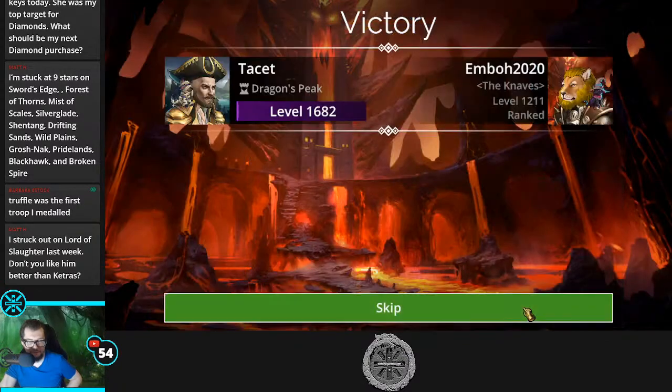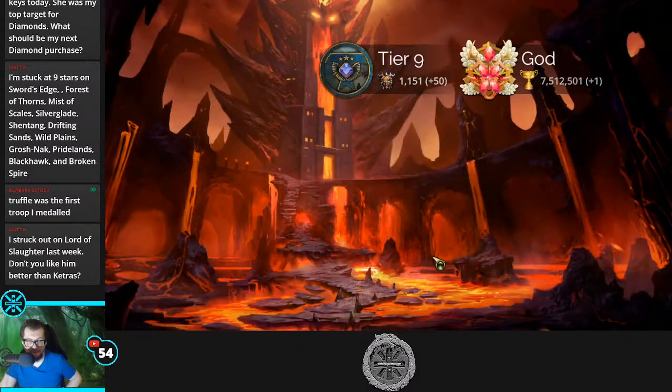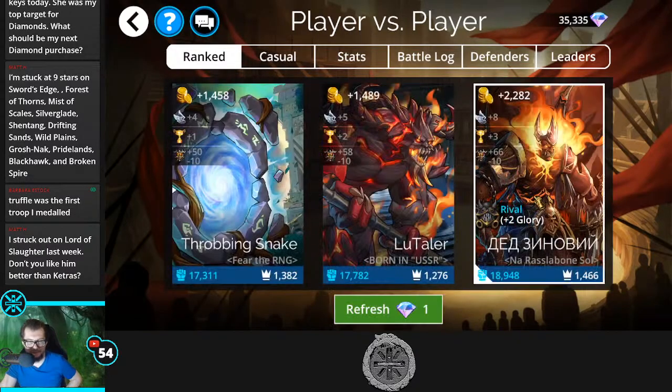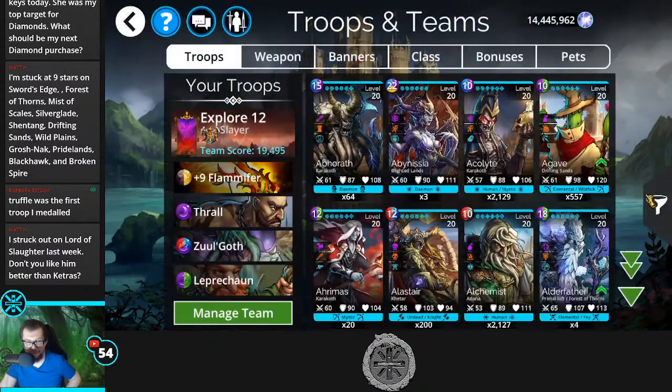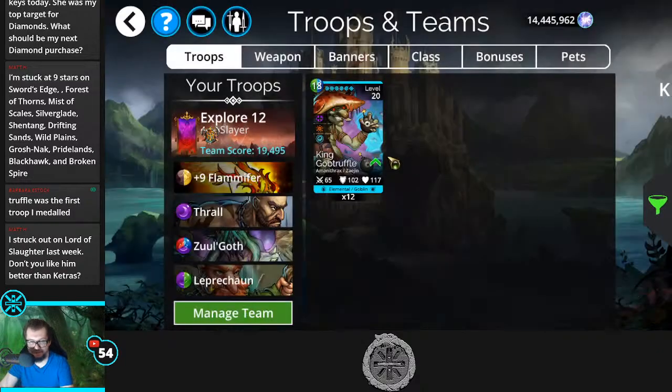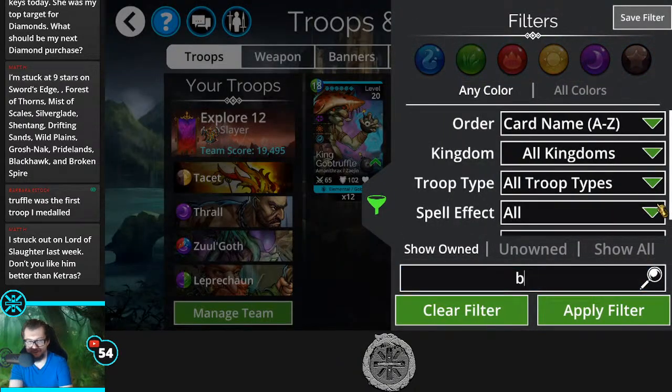Truffle was the first troop he meddled. Nice. Yeah, it's not a bad option. I just believe it gains durability, and I'm just hesitant to upgrade legends that are only gaining durability. There are a few that you can definitely justify, and Truffle is one of them. But yeah, last I recall, both Truffle and Beatrix gain just life and armor, yeah. He gains life and armor, and I'm pretty sure Beatrix also...